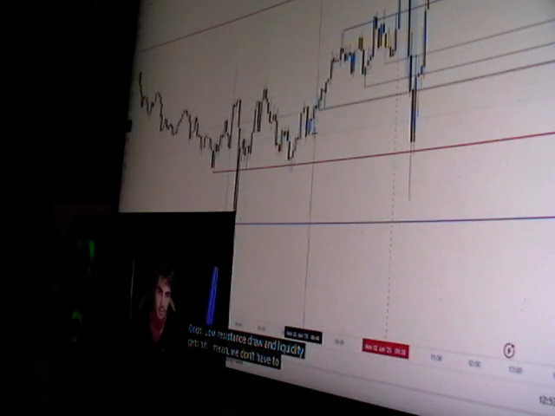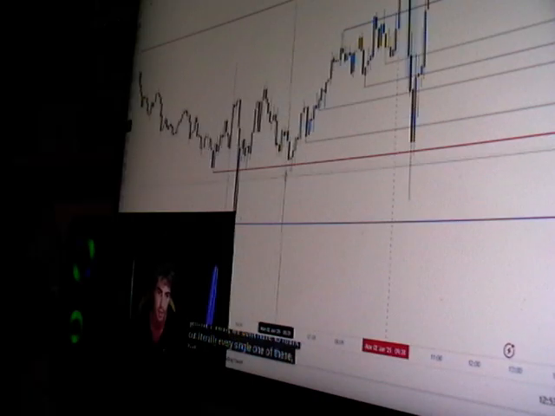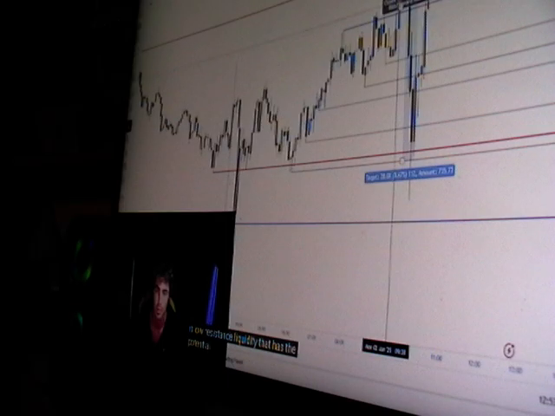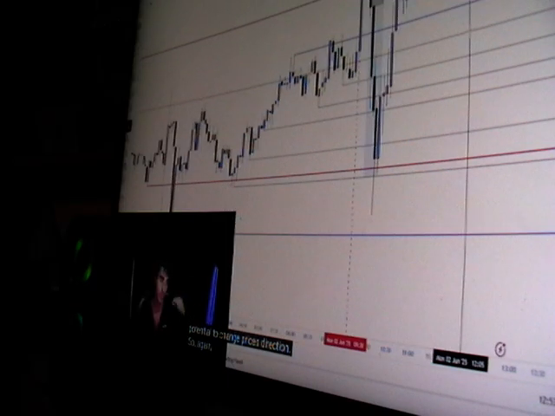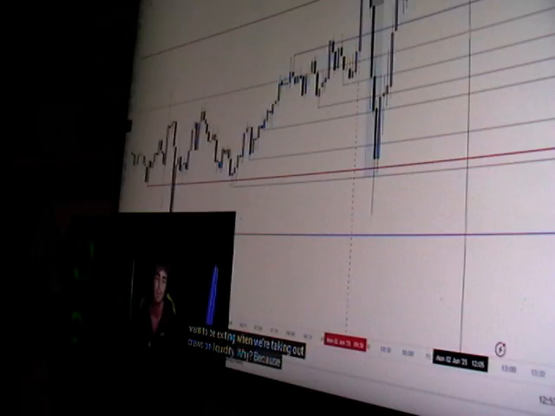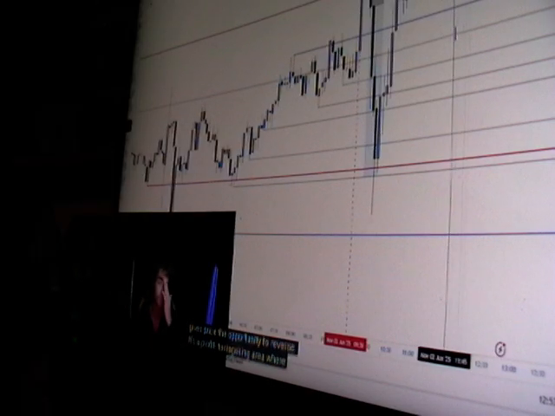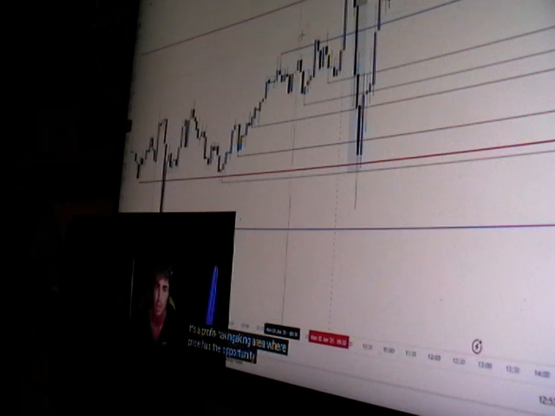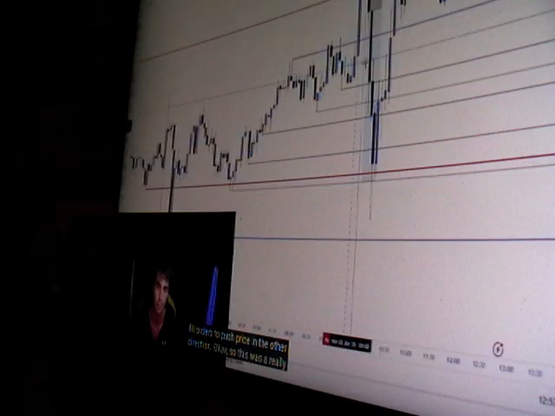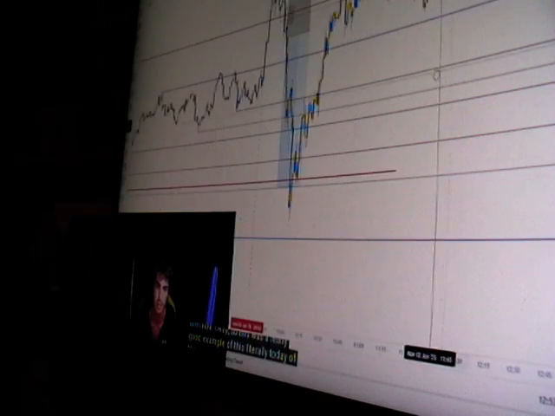I mean, we don't have to mark out literally every single one of these, but you guys get the point. All of this is low resistance liquidity that has the potential to change price's direction. So again, when we're taking trades off of liquidity sweeps, just like how we're entering off of liquidity sweeps, we want to be exiting when we're taking out draws on liquidity. Why? Because that gives price the opportunity to reverse. It's a profit-taking area where price has the opportunity to be able to fill orders to put price in the other direction.